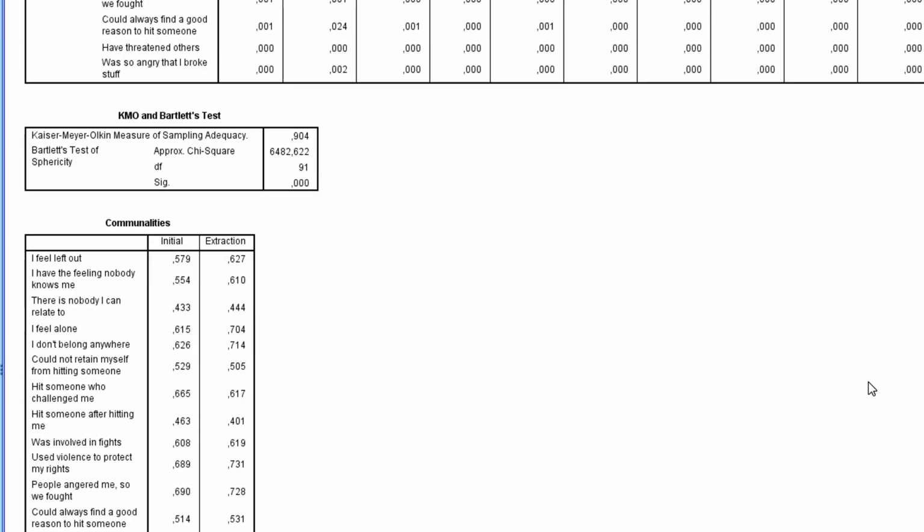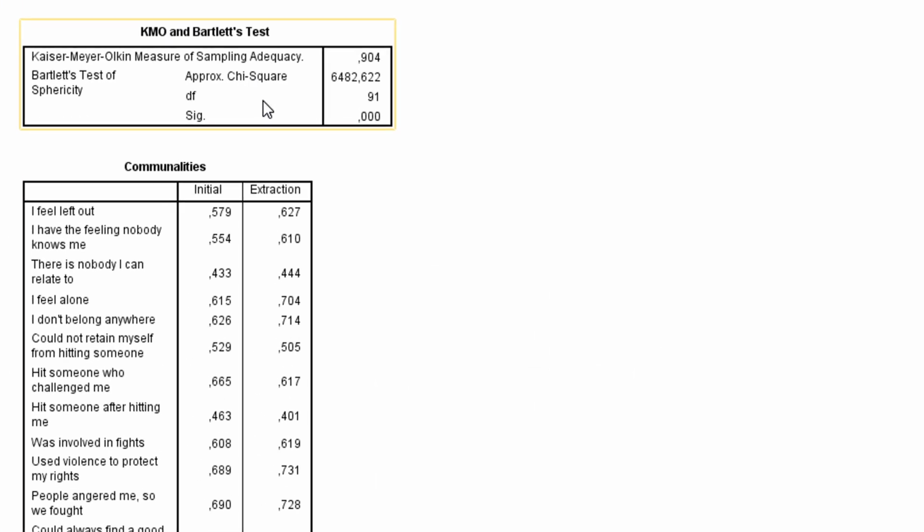So now I will have a look at the KMO Bartlett's test output. So the KMO, the Kaiser-Meyer-Olkin measure of sampling adequacy, should be higher than 0.5. In this case it's 0.904. This indicates that we have an adequate sample size for factor analysis, and of course we had a sample size of 816. So then I want to check the Bartlett's test of sphericity, which should be significant, and in our